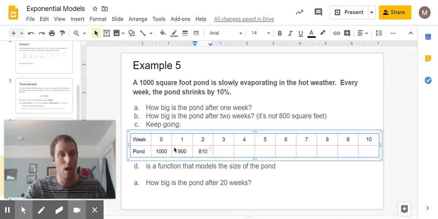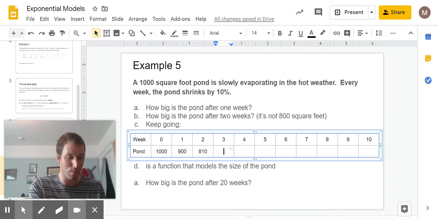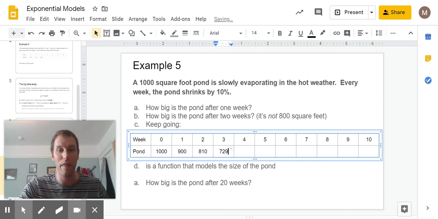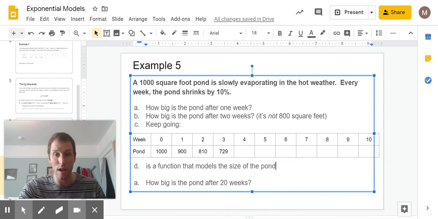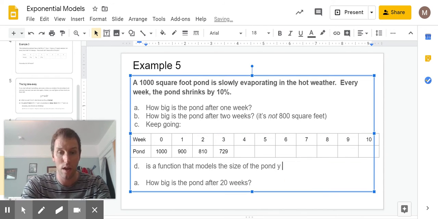That works. But a faster way to do it is just take my 900 and multiply it by the amount that's left over, the 0.9, the 90%. 810 times 0.9, I got 729 square feet. Multiply that by 0.9, I'll get the next one, times 0.9, times 0.9, times 0.9, times 0.9, times 0.9, times 0.9. So in general, I'm doing my 1,000 square foot pond